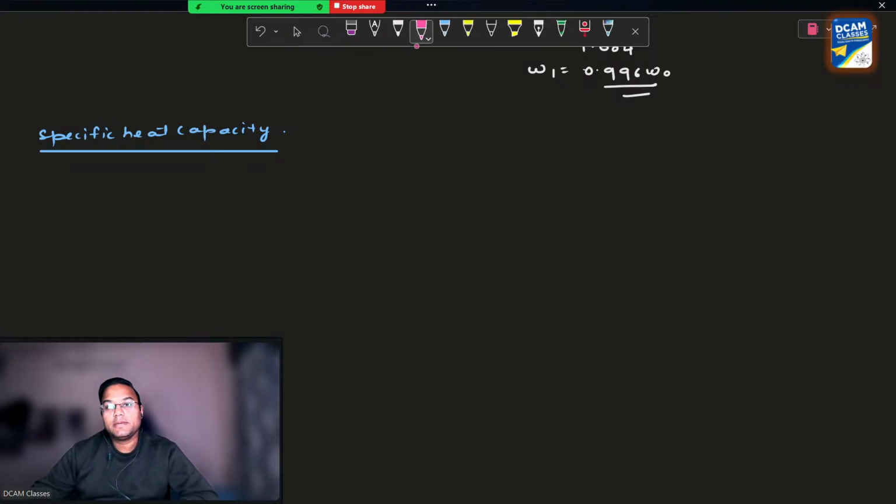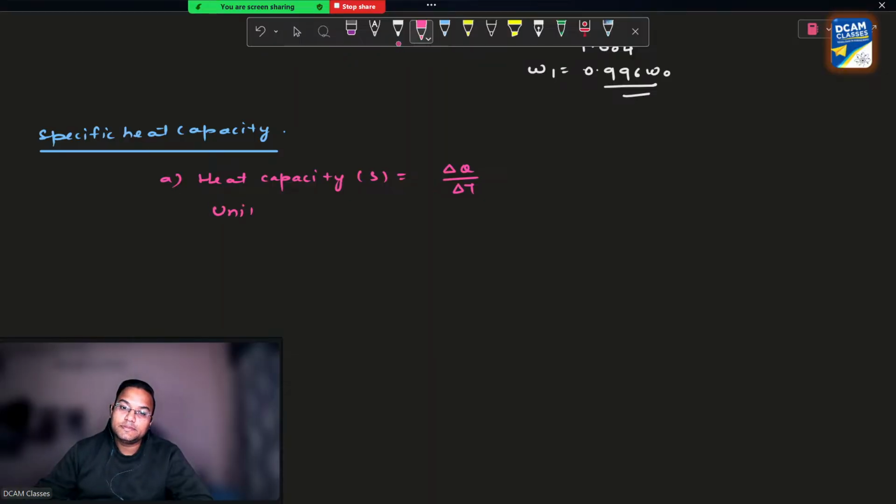See, what is specific heat capacity? Actually, we should start with the heading. First, what is heat capacity? Heat capacity is represented as delta Q by delta T. Unit is Joule Kelvin inverse. Why we use this term: whenever there is a body